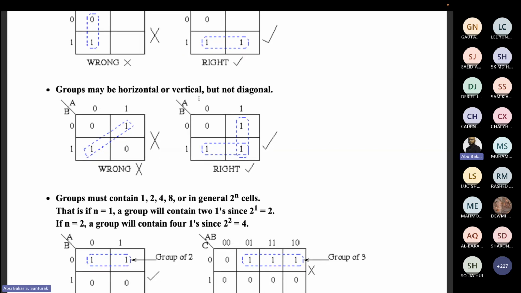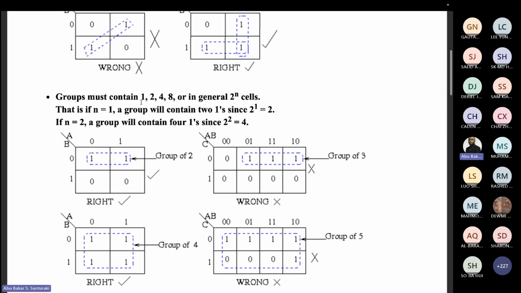So it means if 2 people are next to each other, we can make a group with them. But we cannot make a group across diagonally. Either column-wise or row-wise, no problem. Rule number 3. Groups must contain either 1, 2, 4, 8, or in general, 2 raised to power n members